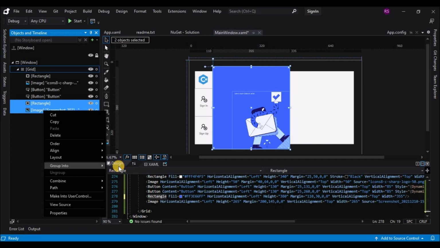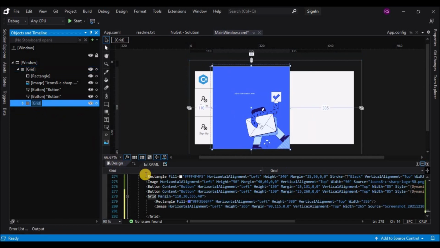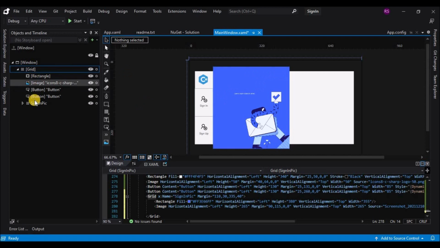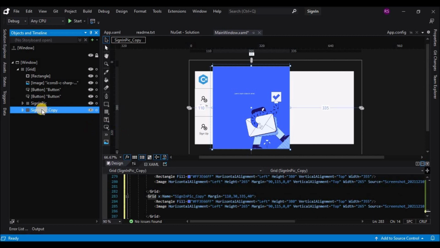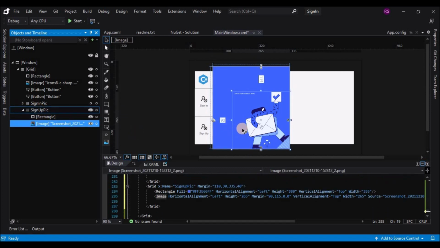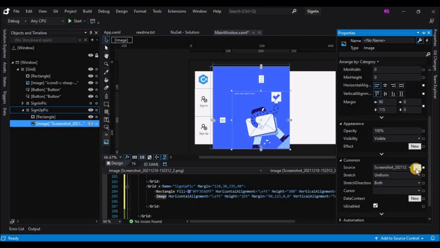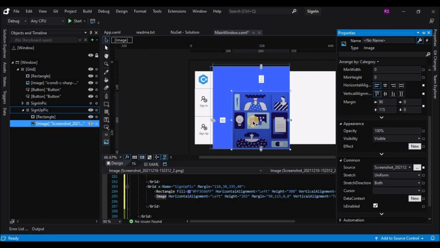Now let's group the rectangle and the image to a grid and name it accordingly. Now let's make a copy of it and paste it inside the grid and rename it. So this will be the image for the sign up, the second image, and the first group is for sign in and the second group is for sign up. So let's change the image for the sign up and move it to the center,